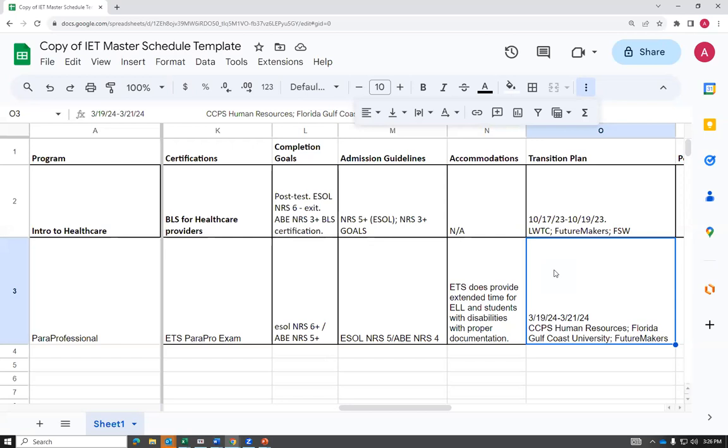So June has an excellent question. Would you let them know the next stackable credential they could obtain in this transition plan or this expo? And yes, absolutely. It's going to depend on each IET. For a parapro, the next stackable credential could be within the parapro